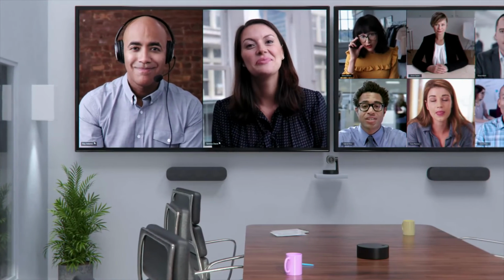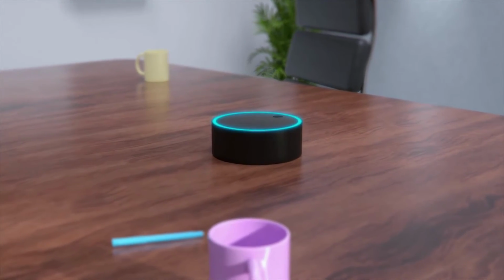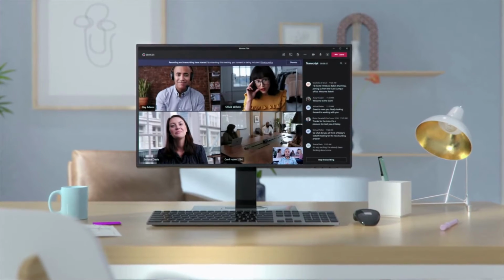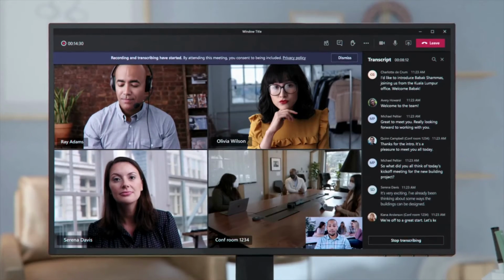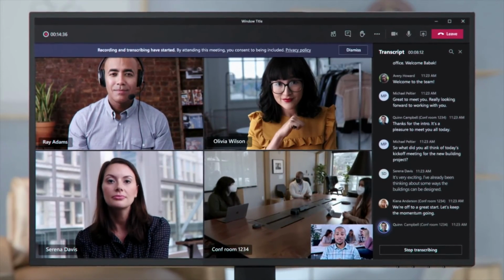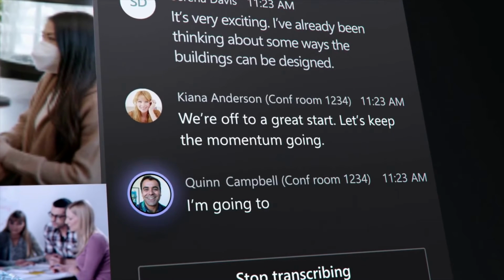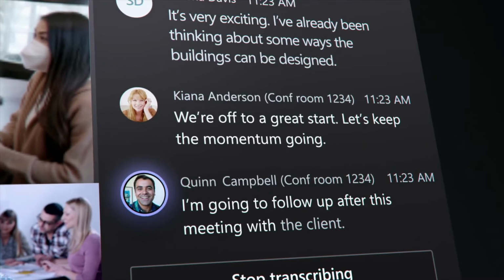New devices for Teams rooms from our hardware partners help ensure more engaging and inclusive meetings for all participants, whether in the room or remote. In the past, if multiple people were in the same meeting room, transcription services wouldn't be able to differentiate between speakers. The intelligent speaker from Yealink or EPOS uses Microsoft's voice recognition technology in Teams to attribute remarks to the speaker in the meeting transcript. So remote participants can follow along with who's speaking, and everyone can see a record of the conversation after the meeting. With speaker-attributed meeting transcription, you can focus on contributing to the conversation instead of taking notes. It's also helpful for people who missed the meeting and need to review what was discussed.